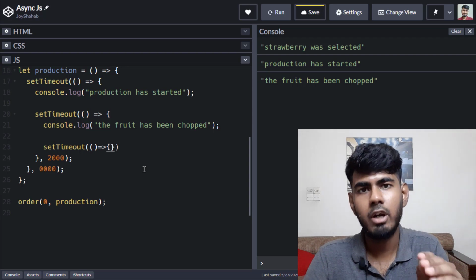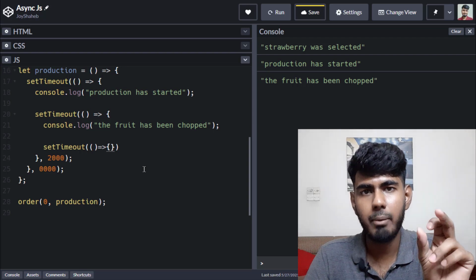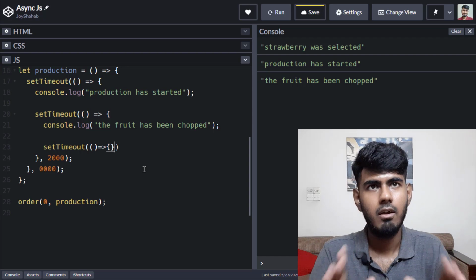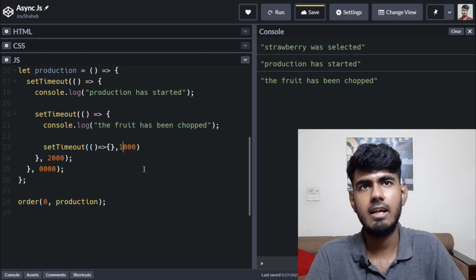Don't worry, I know where we're going. We're going to a callback hell. This is called a callback hell, and I'm coming to that point. Don't worry, don't panic, okay? And over here you write the time function, okay? 1000 milliseconds over here, like this, okay? And inside over here,